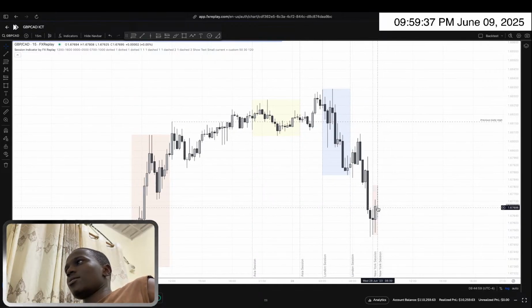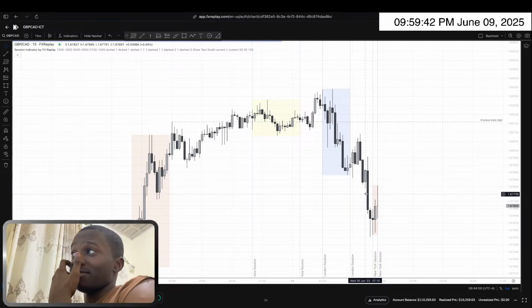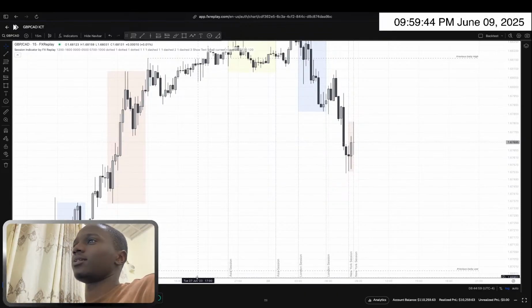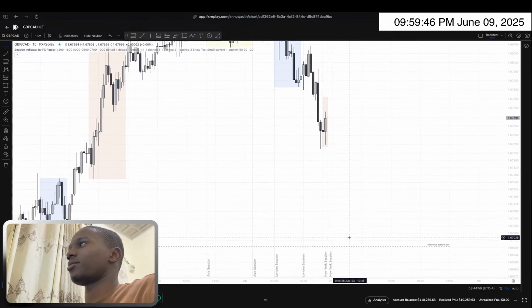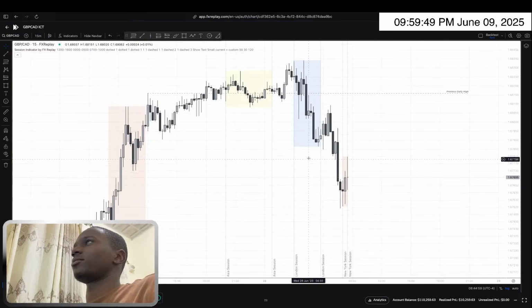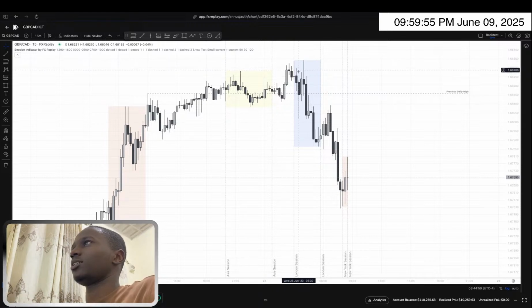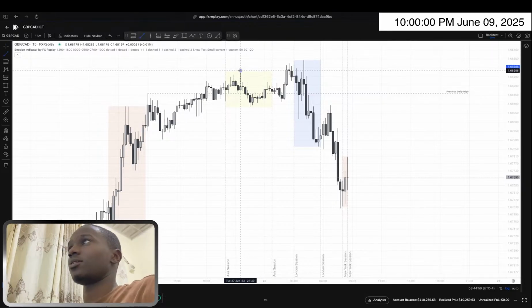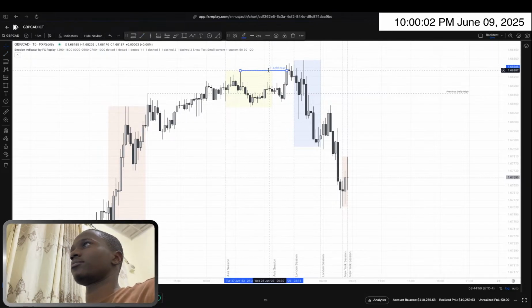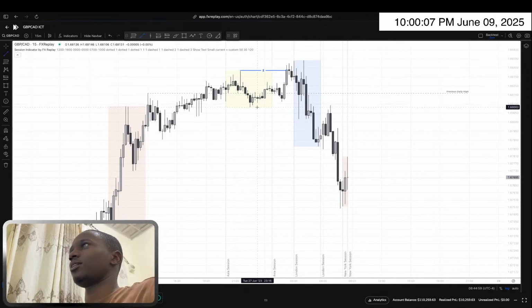Okay, now this would be another good place to enter on this reaction off of this fair value gap and target some lows right there, maybe like this previous day low. But first I would like to mark that we took out the previous daily high, we took out the Asian high, then we shifted in structure. So I think this would be a good entry. So we have the sweep, and we've got the shift right here. The moment this candle closes below this low,